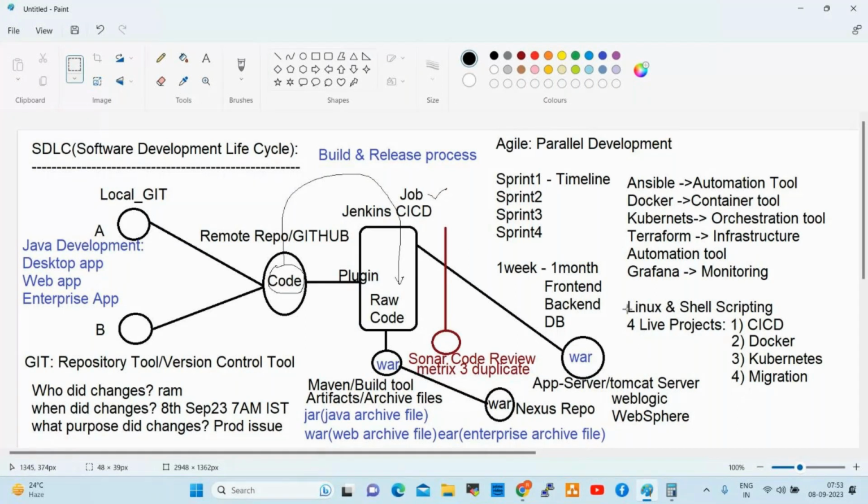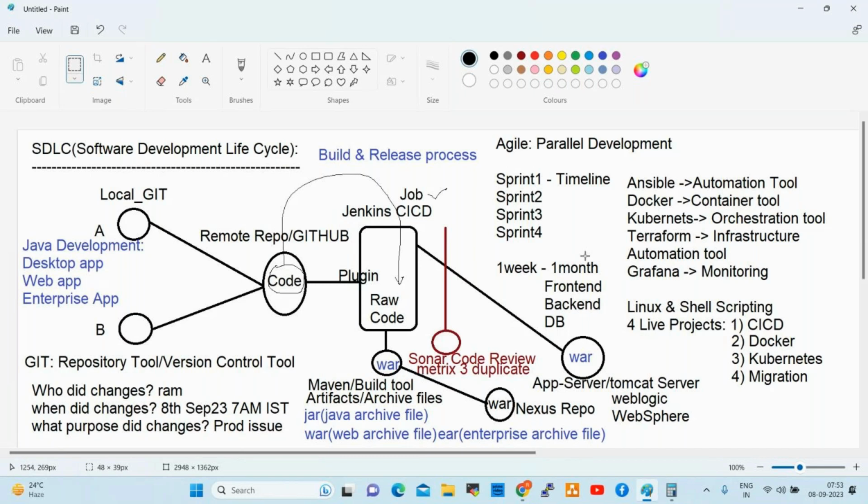Linux shell scripting also very important, and these tools are very core tools, advanced tools. So we are going to learn this many tools, but we don't use all the tools in real time projects. Very few tools, 2 or 3 tools only, we use in real time projects. If you learn all the tools, you can easily crack your interview. You can fit for any project.